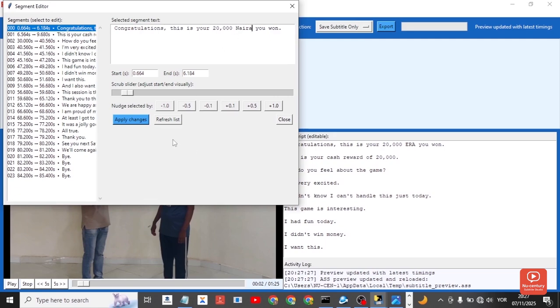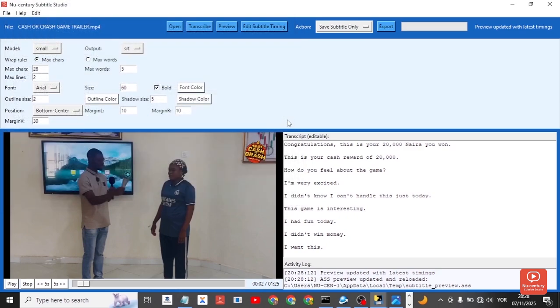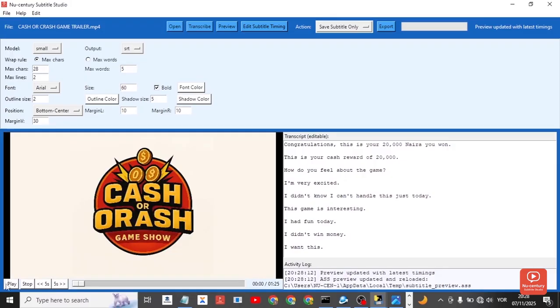So what I can do is I can edit it right here, and it will automatically update the file. Then I can change this because it is in seconds. I can change it and give it 2, because if you look at the timing down here, it is 2 seconds. All right, so if I apply changes again, automatically that 2 counts. So if you close and then go back to play your video from the beginning, see,